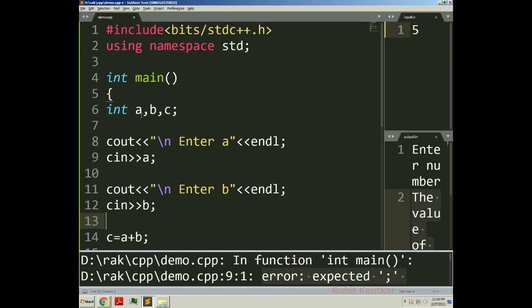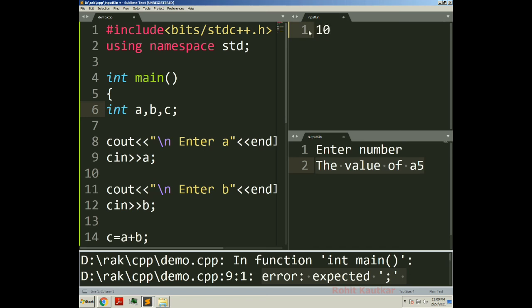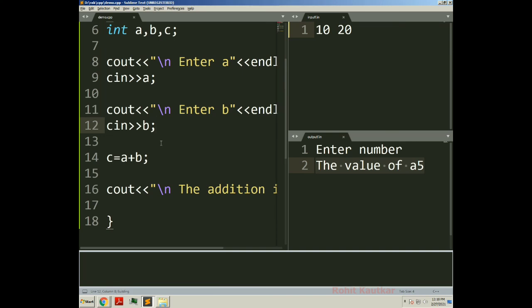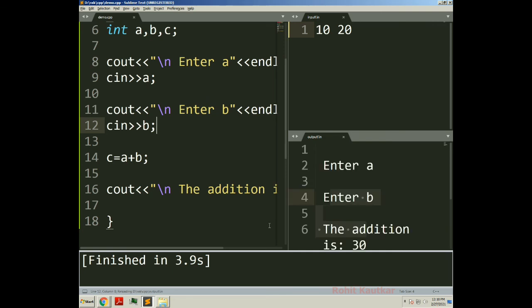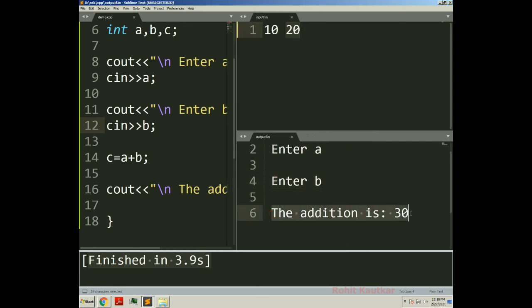Now we need to pass two values, one for A and another one for B. So the first value will be for A, space, second value will be for B. Then we will try to build our program, so Ctrl B. You can see it finished within 3.9 seconds, and here it is showing the message enter A. After this message the value 10 will get read, then enter B, the second value will get read, and now you can see here the output, addition is 30.